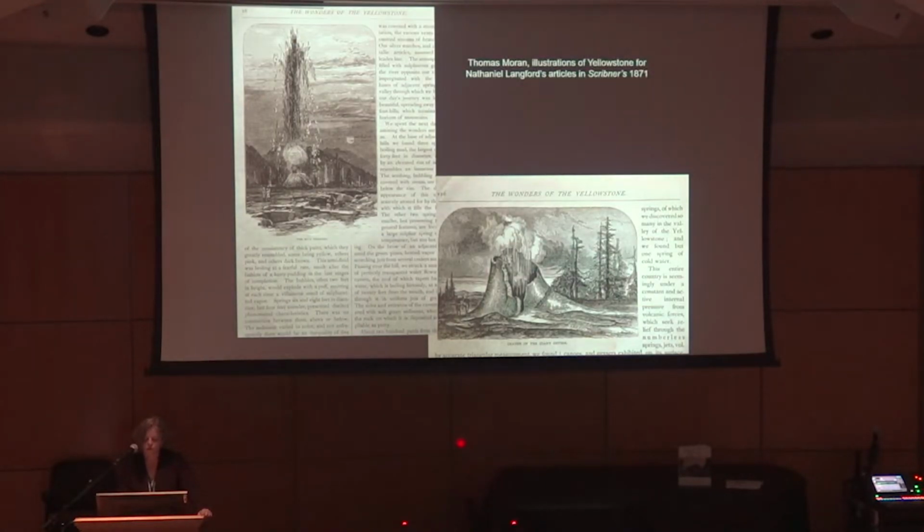Information about Yellowstone's wonders reached national audiences before accurate pictures did. In 1871, Nathaniel P. Langford, who had been part of an 1870 expedition to the area, published a two-part article in Scribner's Monthly magazine that served to shape the nation's impression of Yellowstone. He begins by connecting Yellowstone with the romance of the Old West, something he was invested in as an early promoter of settlement of Montana, noting, quote, the skepticism with which the oft-repeated stories of the wonders of Upper Yellowstone